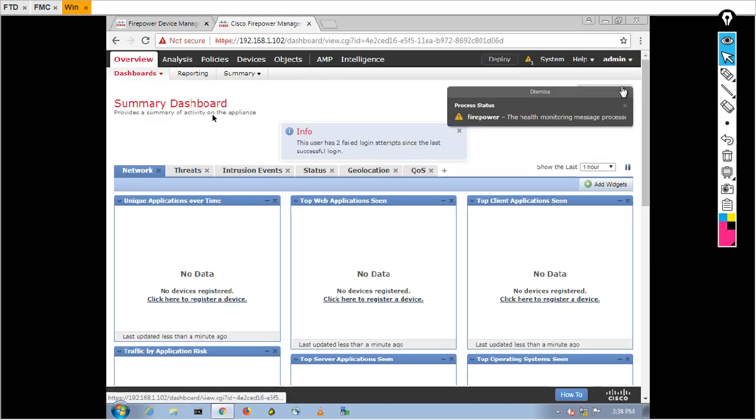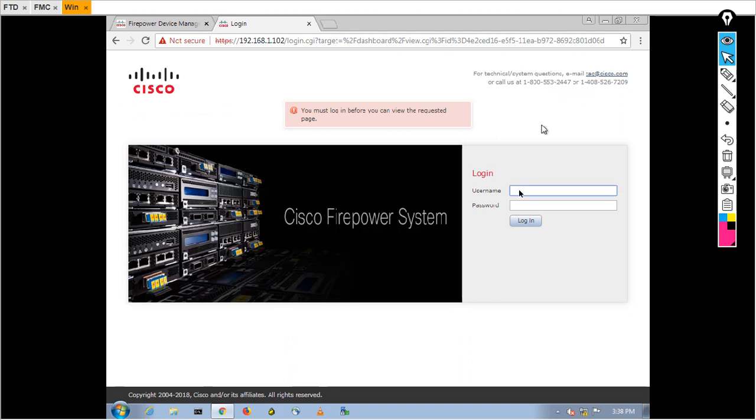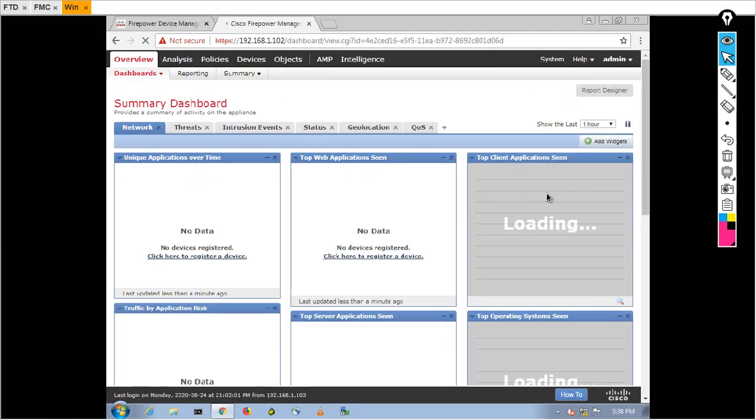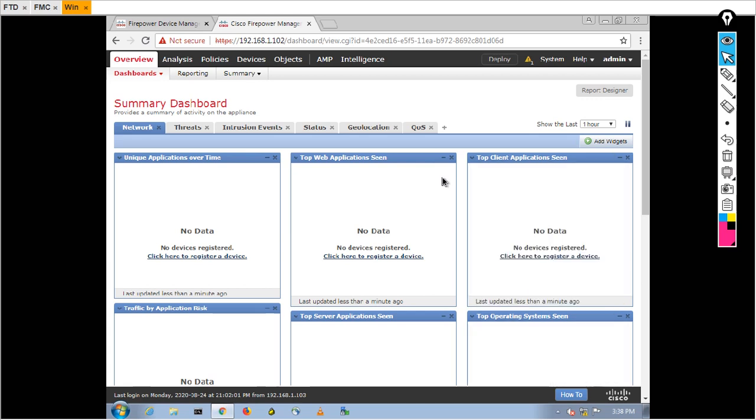Now in FMC, I am going to log out and try to log in again with the new password. The username remains the same, admin, and my new password is FMC123. Previously it was admin123, but now I changed it to FMC123. You see, we successfully logged in with our new password.